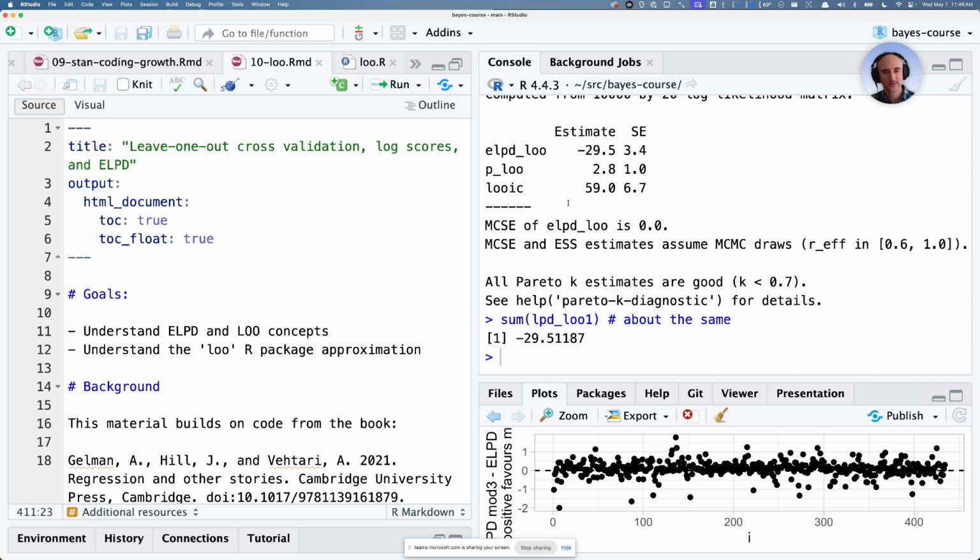The important part is just keeping track of the fact that there's a reason why we want to evaluate models on left out data. That leave one out is sort of the limit of this K-fold cross-validation. And there are computational tricks we can do to get at these leave one out information criteria that are efficient, that we can get out of our Bayesian models by just keeping track of those pointwise log likelihoods, and that judging how good our models are should probably be done on left out data, and that how good a model is at predicting left out data is a useful way of comparing models,